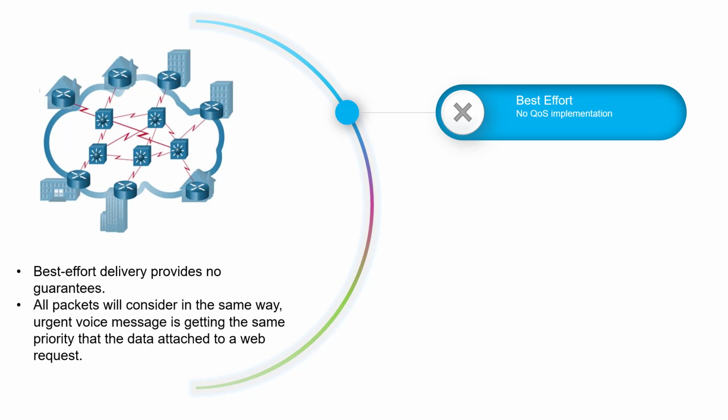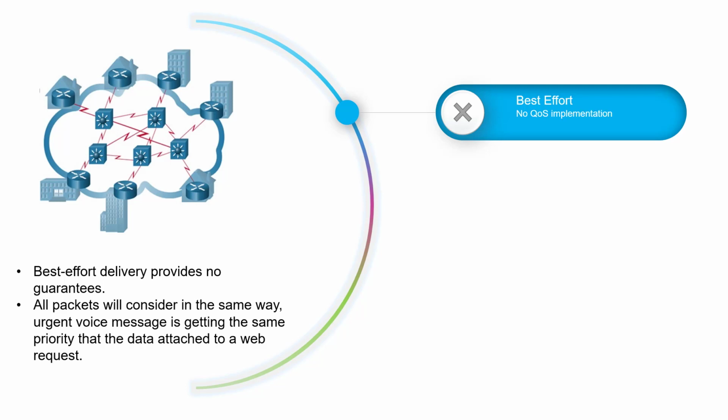Scalability is only limited by available bandwidth. No special QoS mechanisms are available, and it is the easiest model to deploy. The drawbacks: there is no guarantee if we have regular bursts in a network, so you will be having a lot of packet drops. No special preferential treatment will be given to packets, so then the critical data can be